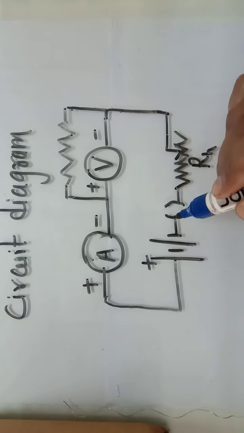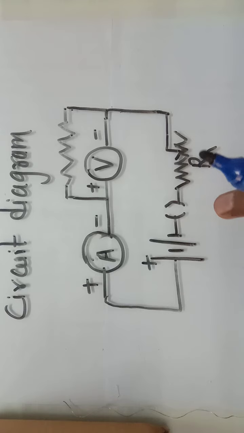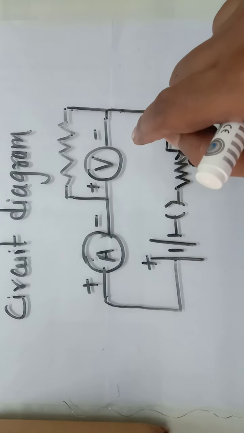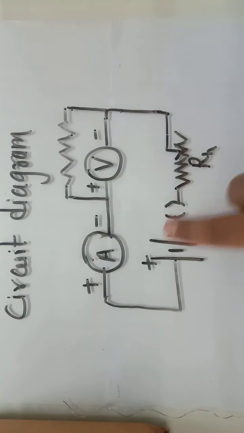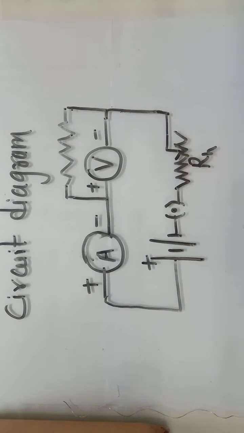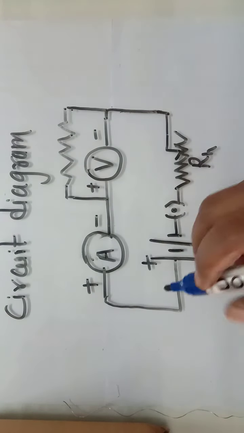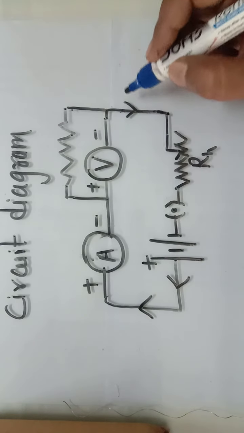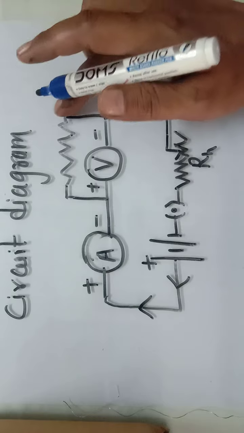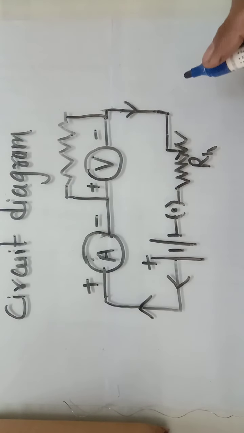So right now this circuit is an open circuit because there is no flow of current, because I have made an open key. If I apply this point, it means the current is flowing throughout the circuit. Okay, so